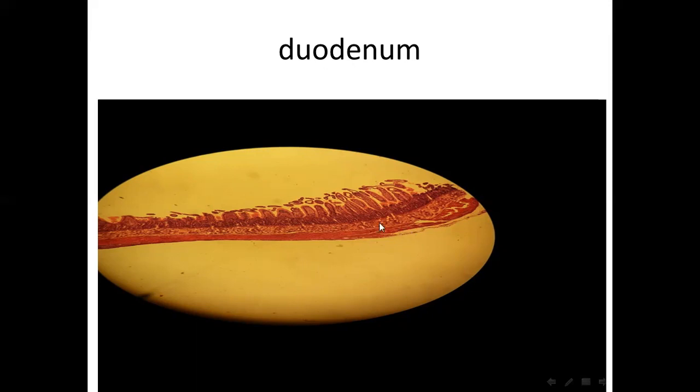Okay, but there is some modification that characterizes the small intestine, and especially each part, duodenum, jejunum and ileum. كل وحدة من عندهم إلها specific characteristic feature